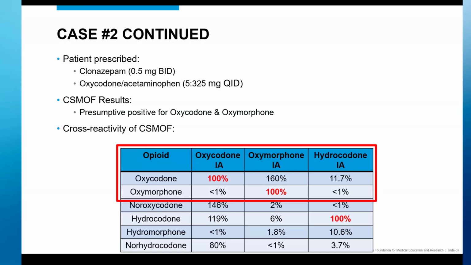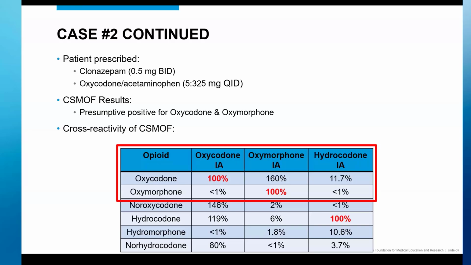Now, oxymorphone is also a separate prescribable drug, so how do you distinguish that? Well, in a patient who is prescribed and only taking oxymorphone, not oxycodone, you'll see oxymorphone doesn't cross-react with the oxycodone spot. It only cross-reacts with the oxymorphone spot. And so patients who are only taking oxymorphone, we see only light up at the oxymorphone spot.